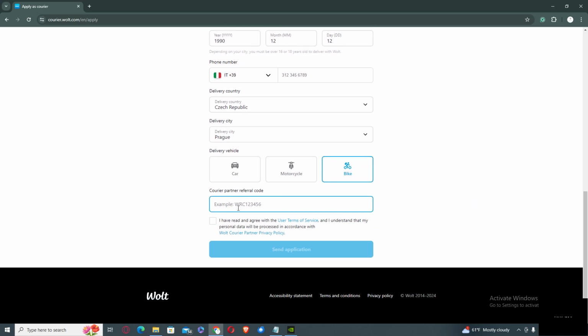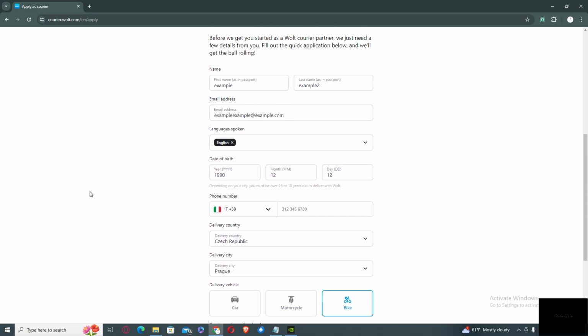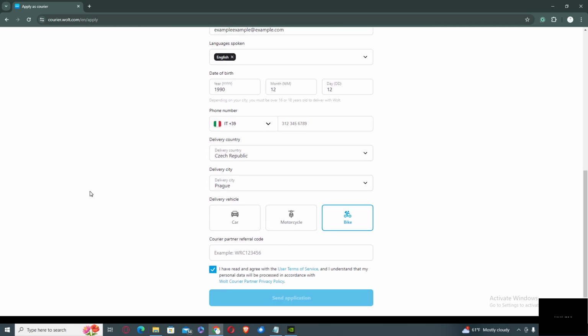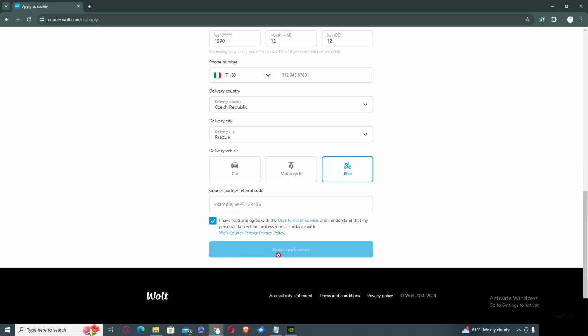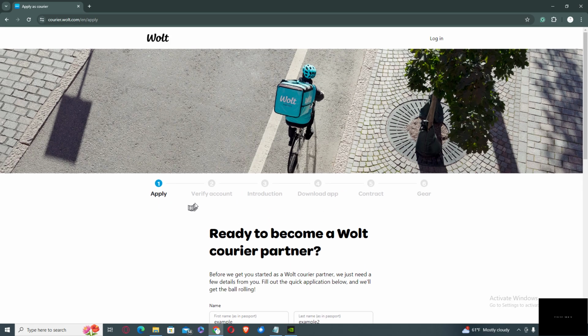Okay, so courier partner referral code. If any of your friends is working with the Wolt application as a rider, you can ask them for a referral code, then you can enter their code here. If you don't have the code, then it's okay, you can skip this step and click on this I have read and agree button, and then you need to go next, click on send application, and on the second